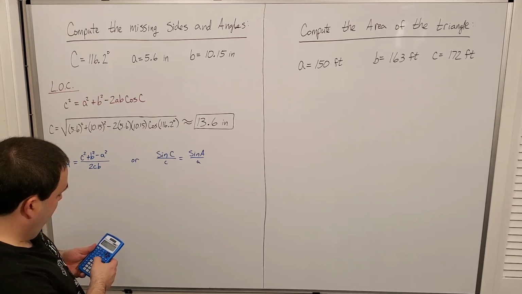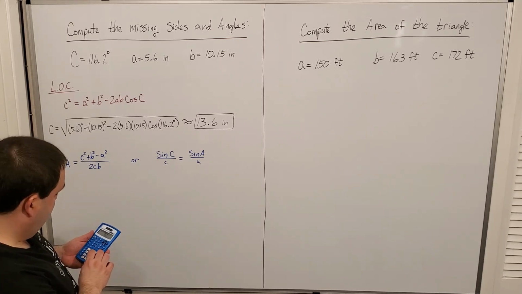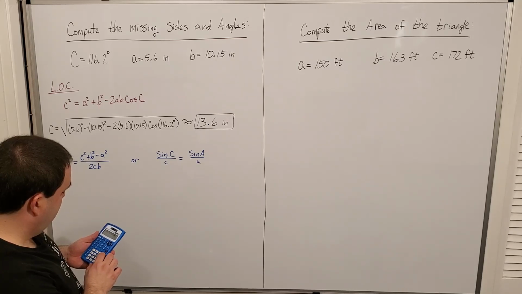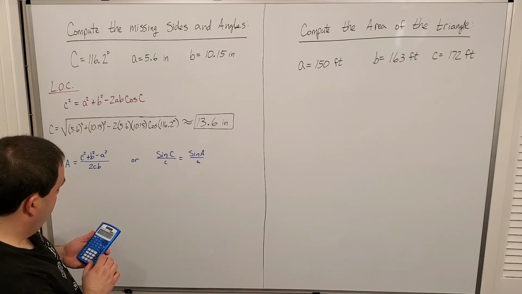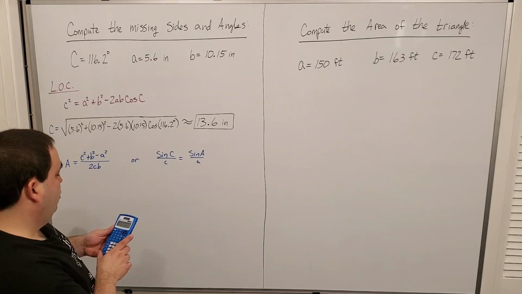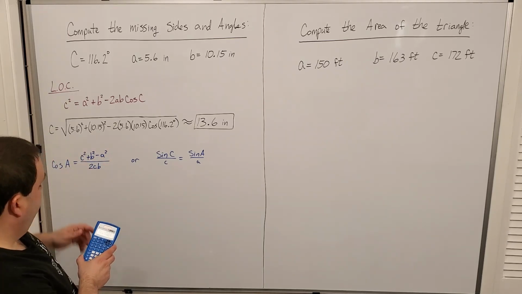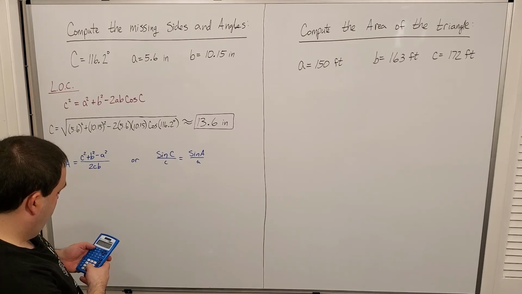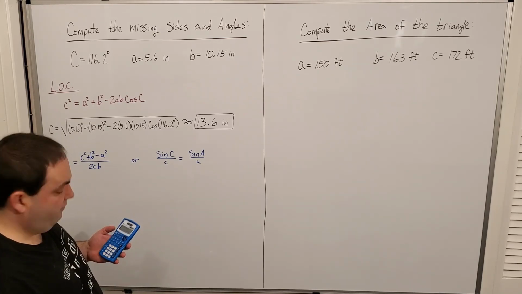I am then going to divide that by parentheses 2 times C, 13.6, times B, 10.15. So I have 0.92812 for this. And then I'll just do an inverse cosine. So I get 21.85,